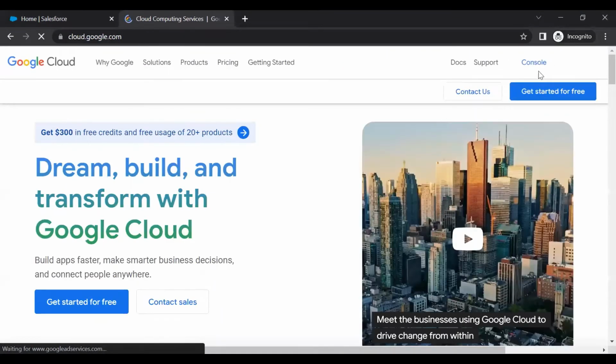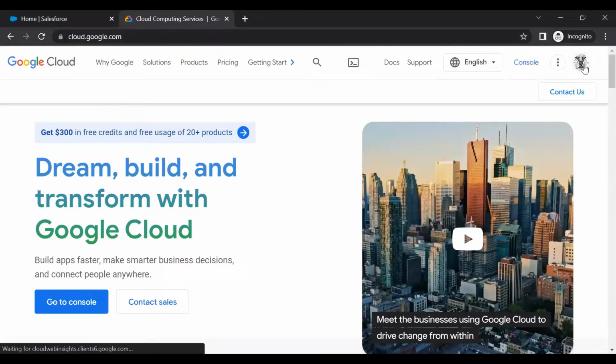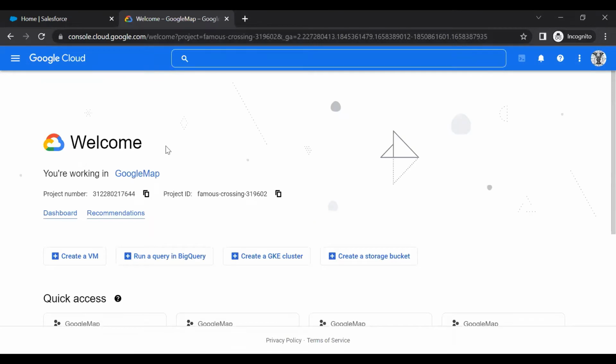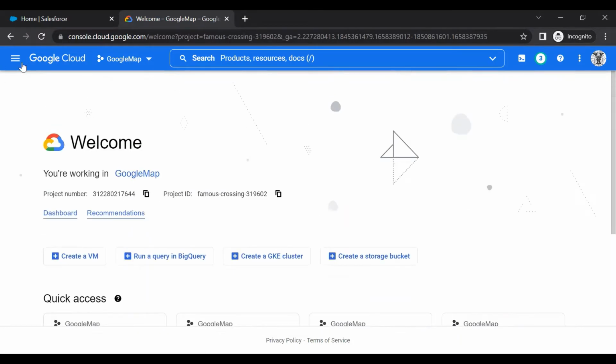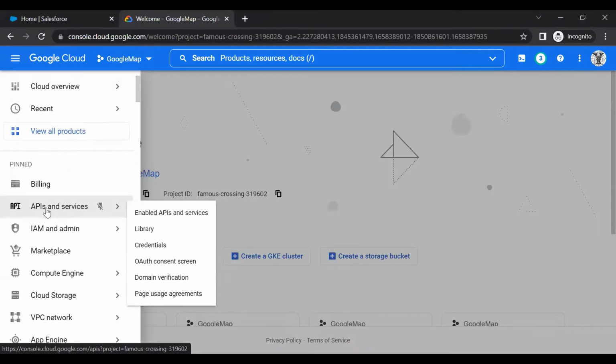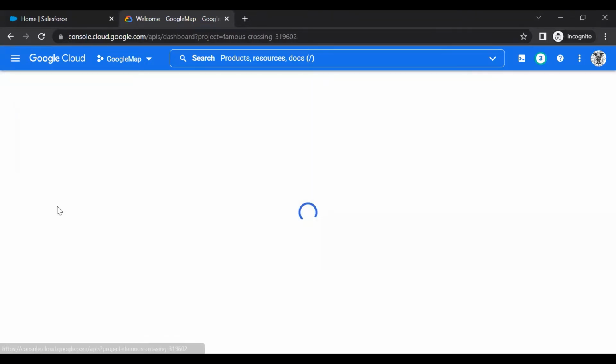And here you need to log in on this Google Cloud with your credentials of the Gmail, and then at the top right you will see a console button over there. You click on this console and you will end up on the Cloud Console applications for the Google. And here you will see the quick access links where you can see all the recent API credentials if you have created any. Or else you can go to this navigation menu and click on this, and then you can see this APIs and services. You click on this APIs and services,